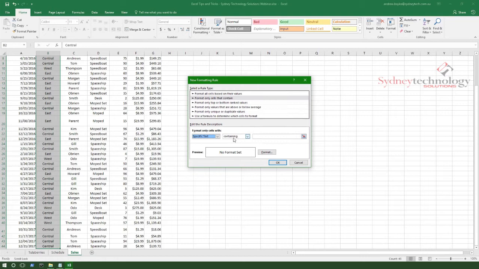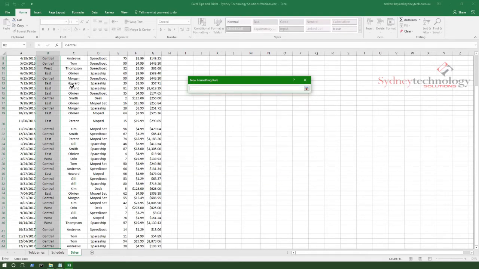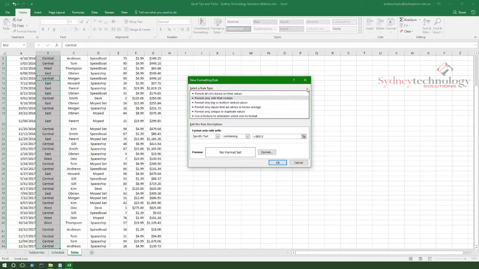So any cells that contain specific text, and I could either type in the name of the office that I want here, but I'm just going to use that handy cell selection button again, just to make sure it's a good way that you never make any spelling errors or anything like that. So I'll go over and let's just say that we want to highlight all of the central sales for the whole column there. So I'll just go ahead and select central,